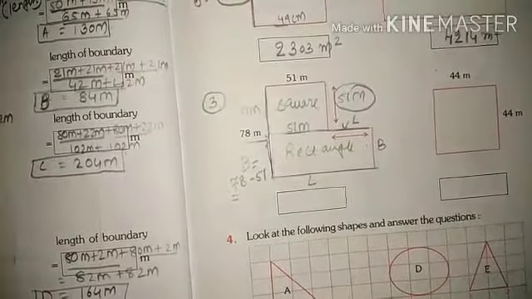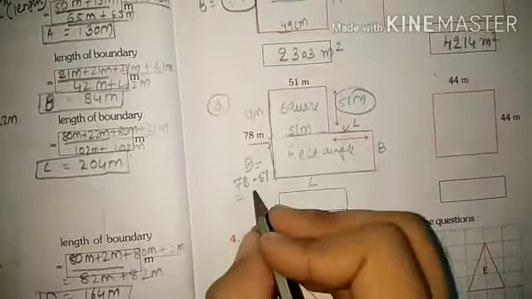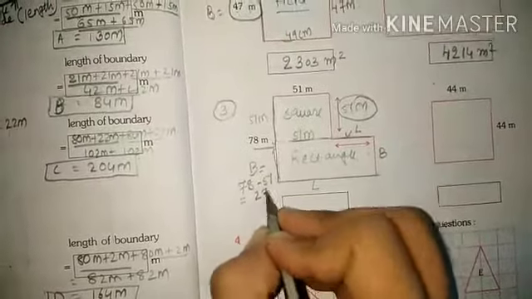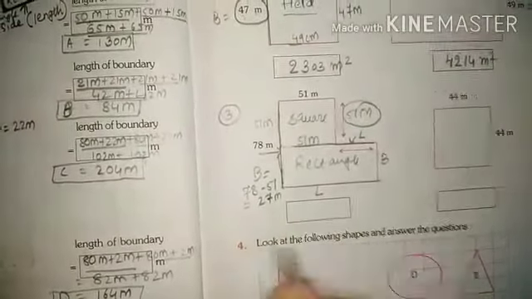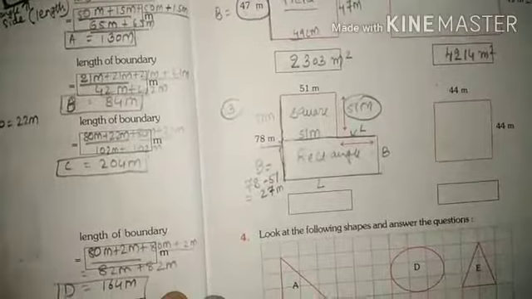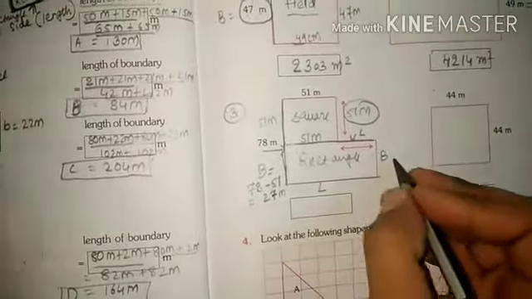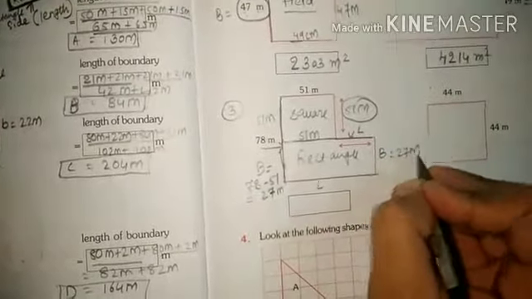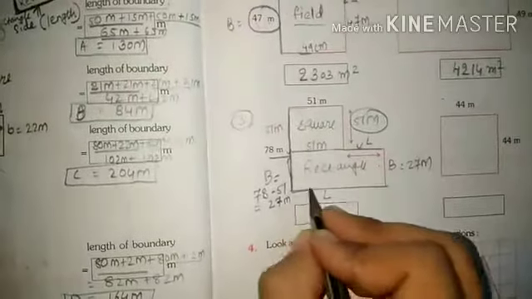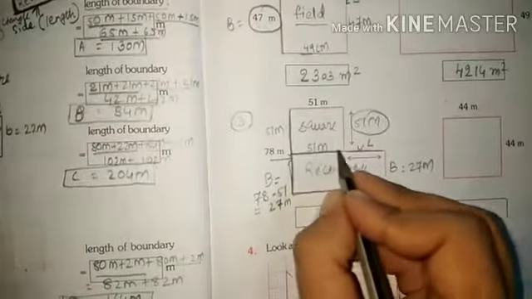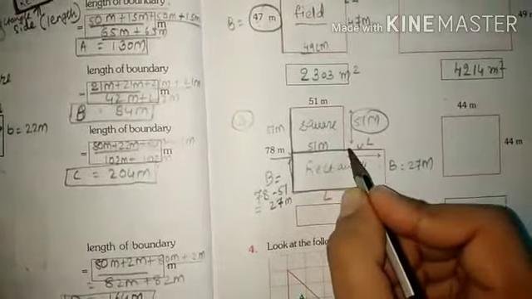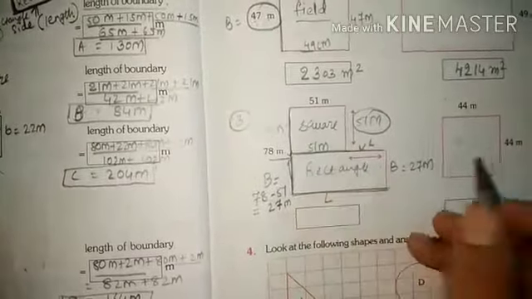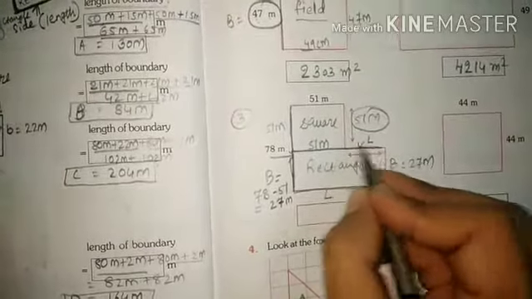Or you can do one thing students, 27 you can write as the answer. 27 is your answer students. So students, this is 27 meter. So this one also should be 27 meter. What about this length students? So up to this is 51. Of course, what we can do here, I have to mark out this one.